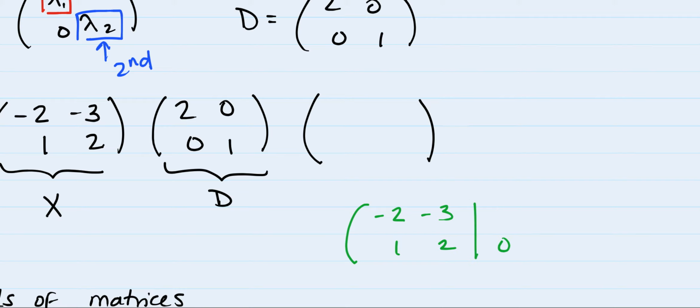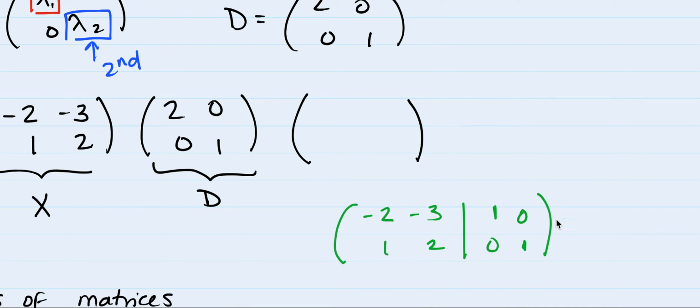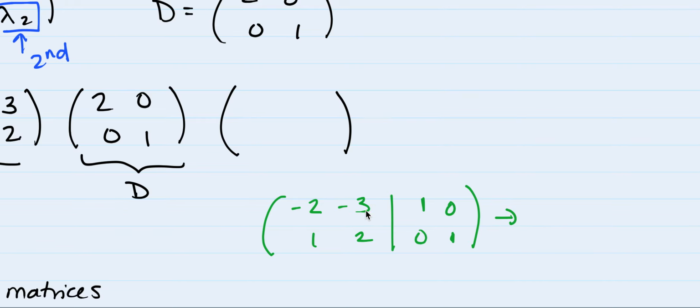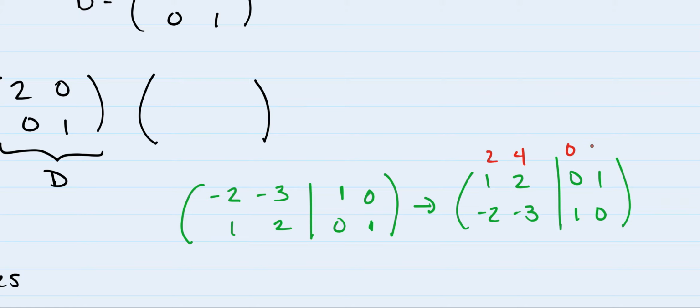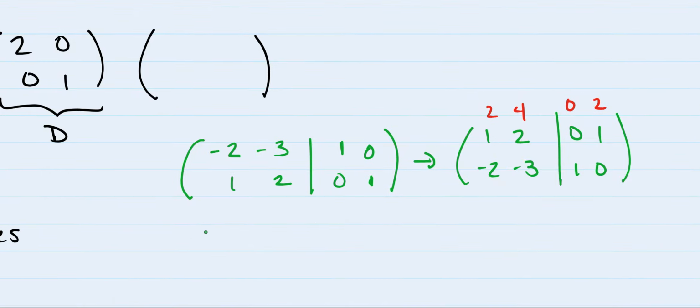And you put the identity matrix here. And let's put this into reduced row echelon form. So we could switch these two. Okay, so we switch these two rows, then multiply this one by a 2, and add it to the bottom one. So we get